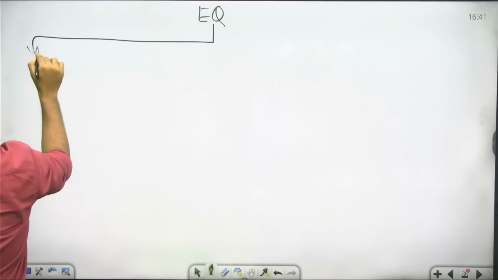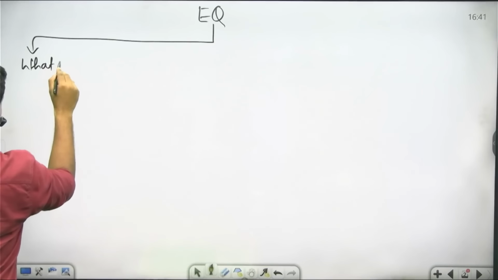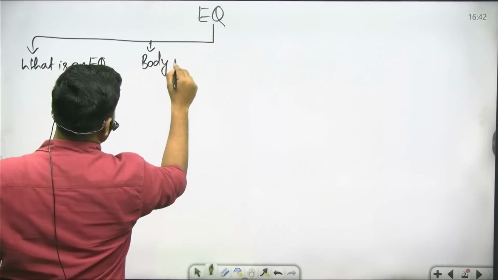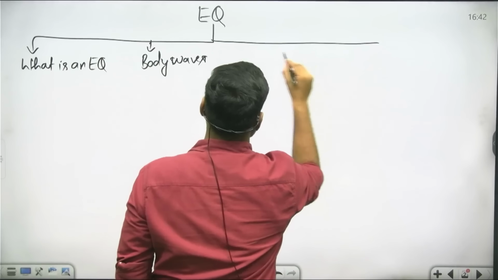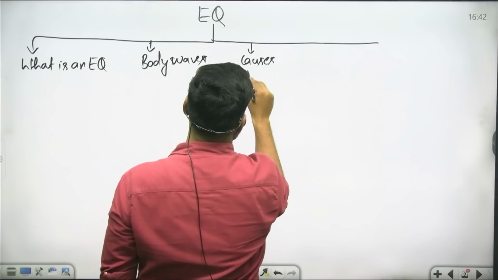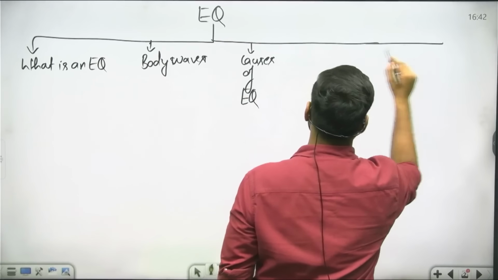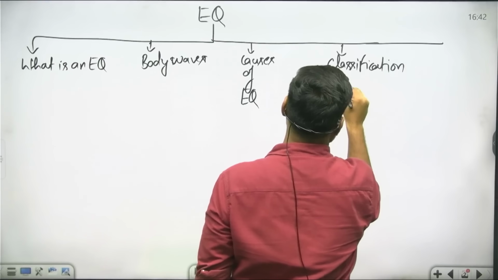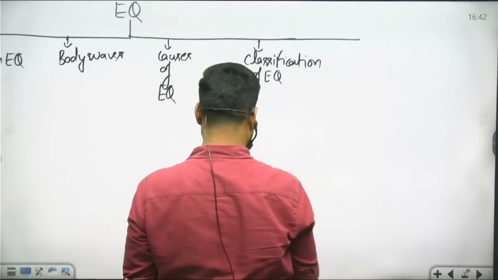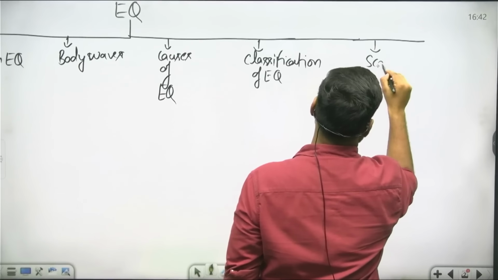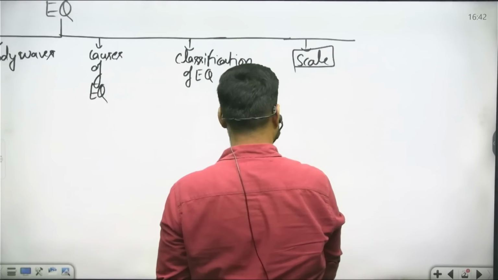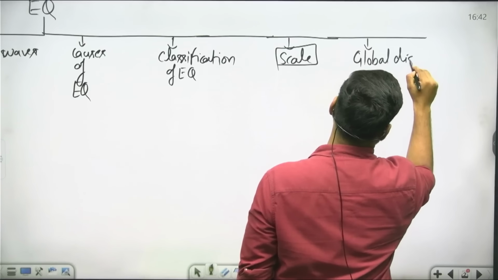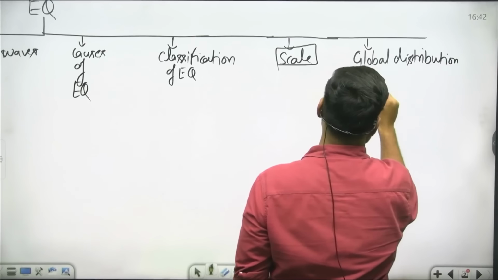In this lecture we will cover what is an earthquake, then what are body waves, then the causes of earthquake, then the classification of earthquake, then the scale where we can measure the magnitude and intensity, and then the global distribution of earthquake,